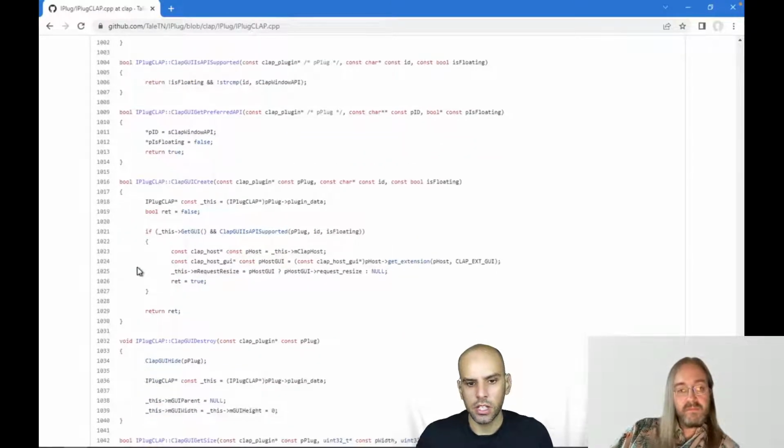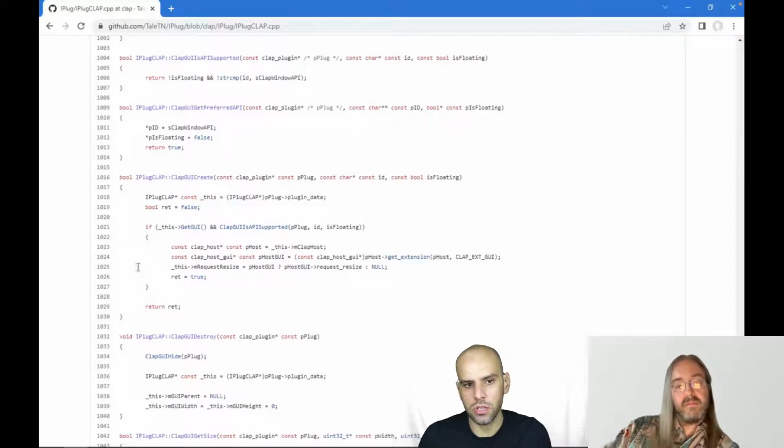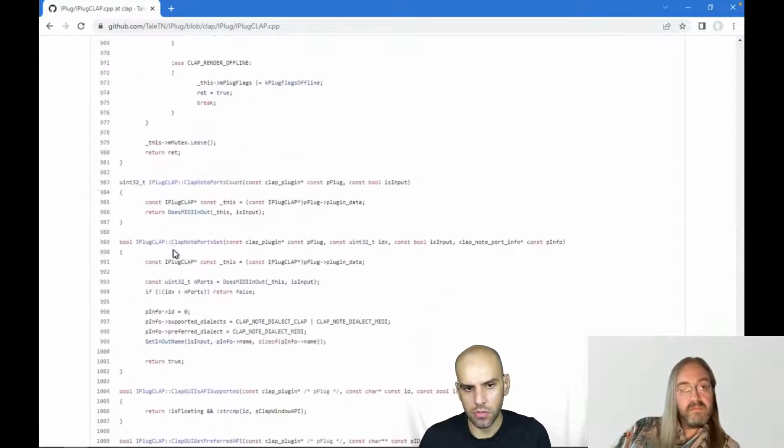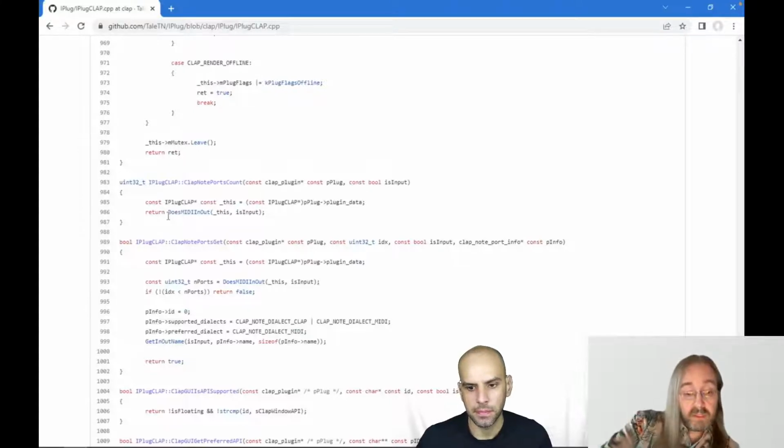Great. So let's go over a few of these extensions to see what they look like. We have parameters, we have audio. In your case, because you're doing software instruments, we also have MIDI. You have to read MIDI. And what else? Well, let's go to the extension function again.